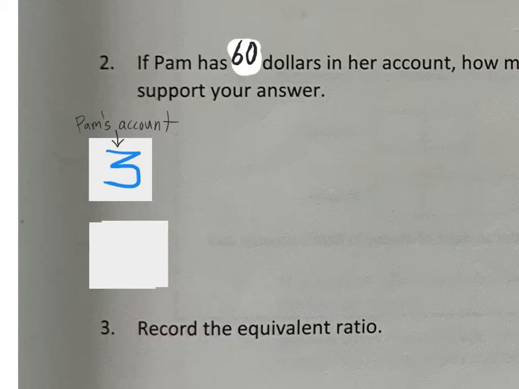All right, so I should have 2 times the amount of Pam's account, because